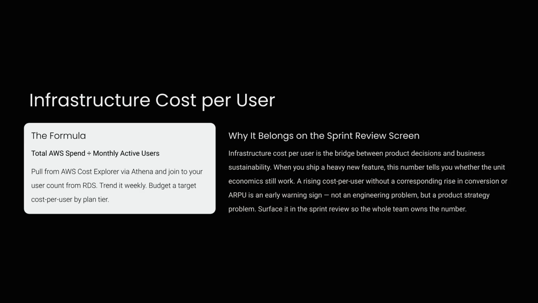Infrastructure cost per user is a crucial metric for business sustainability. The formula is total AWS spend divided by monthly active users. A rising cost without a corresponding rise in conversion or RPU signals a product strategy problem that the whole team